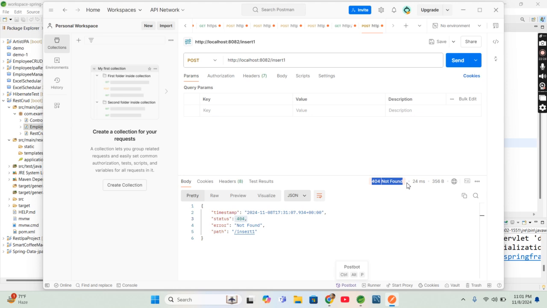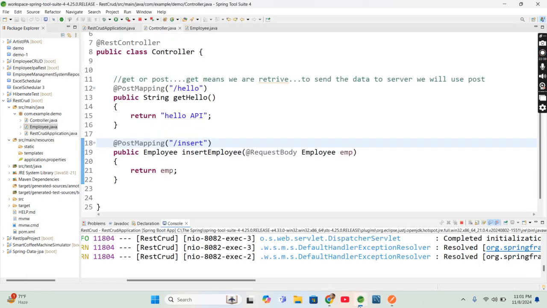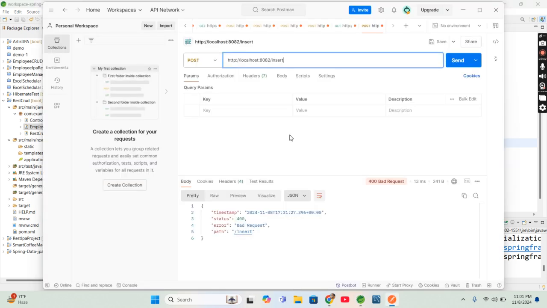404 means there is a problem in your URL. Your URL is not confirmed. Your URL is not found by your API. That's why it will give you the problem. But here you can see insert is there. Insert URL is there, I am writing /insert here. Insert is there, that's why I am getting another problem. 400 is there. This is not 404. This is 400. 400 means